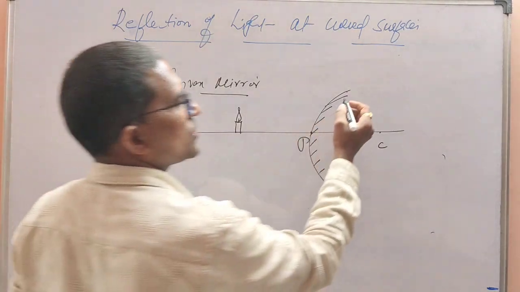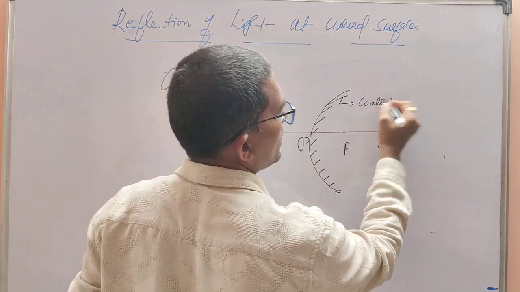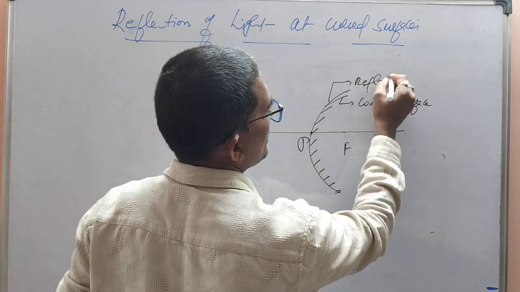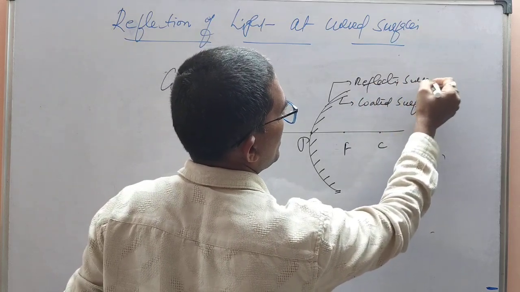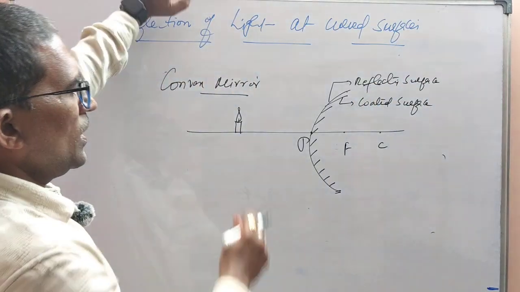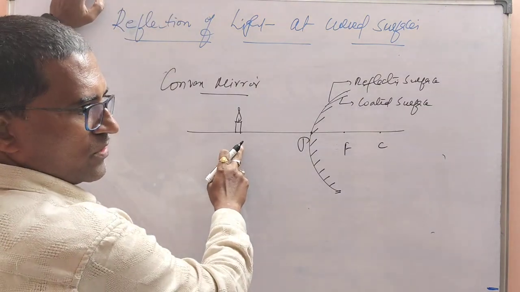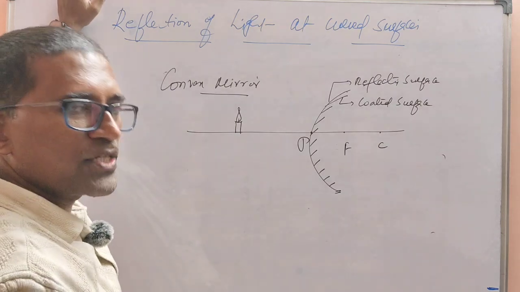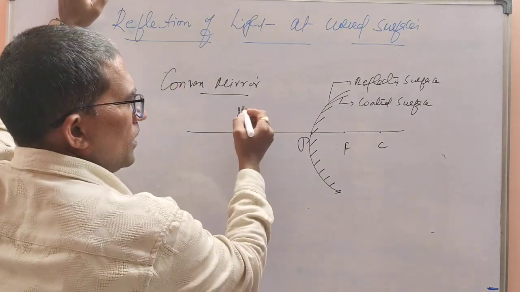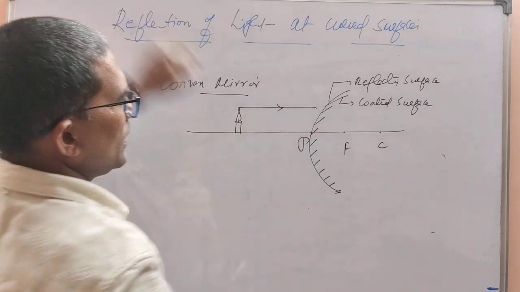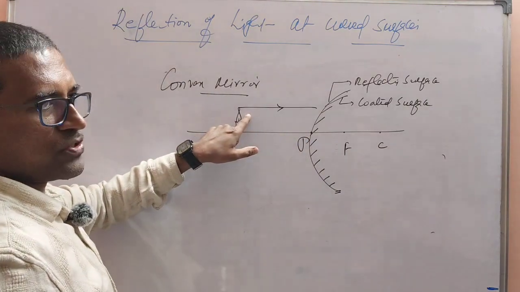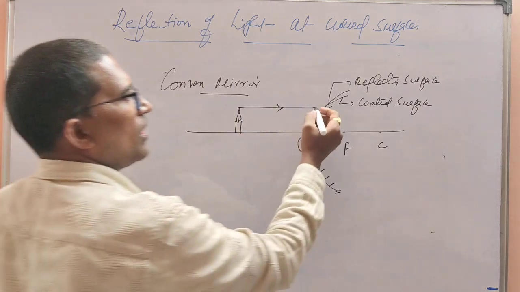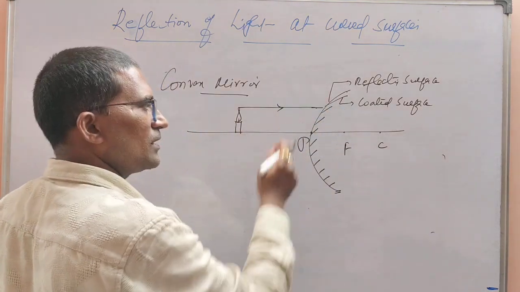And here, this one is considered as a coated surface and this is a reflecting surface. Now I am going to measure the distance of the source, nothing but the candle, which is a light source. The light is coming from the source and is going to fall onto the reflecting surface of the convex mirror. Now I have to measure the distance